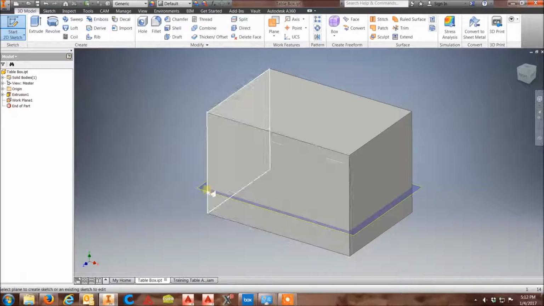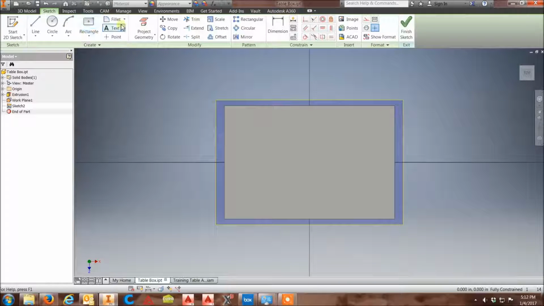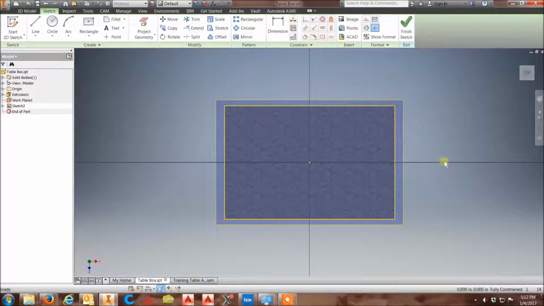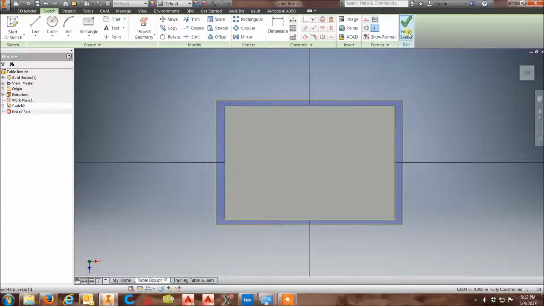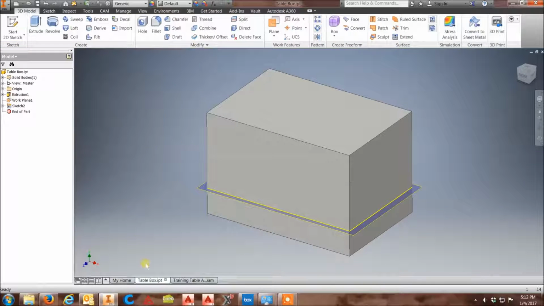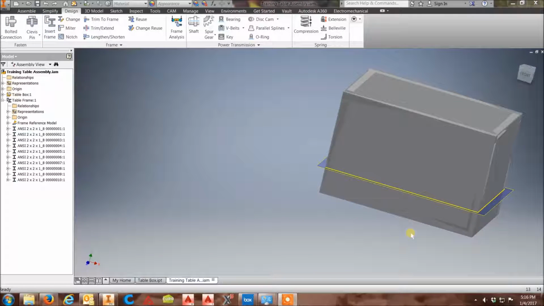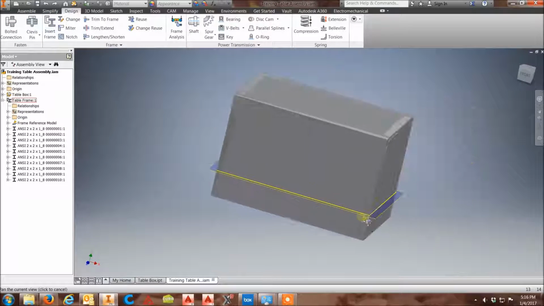Then I draw on this plane. I'll use project geometry. So now if I was to cut this, you can see now it's just drawn that box around it for me. Okay, I'll save that, go back over here, and now I can see that sketch just fine. So I can,